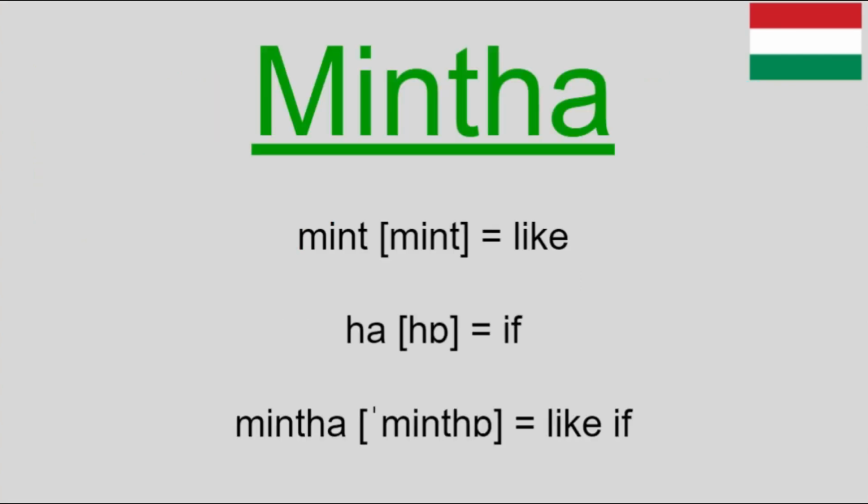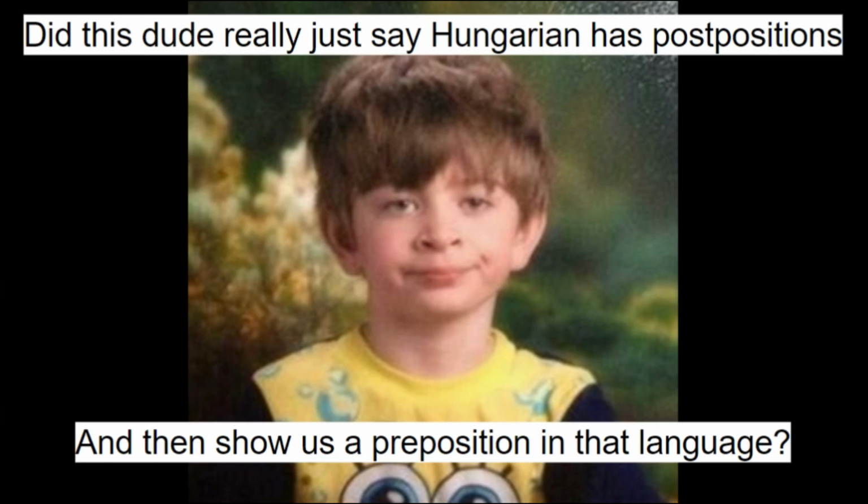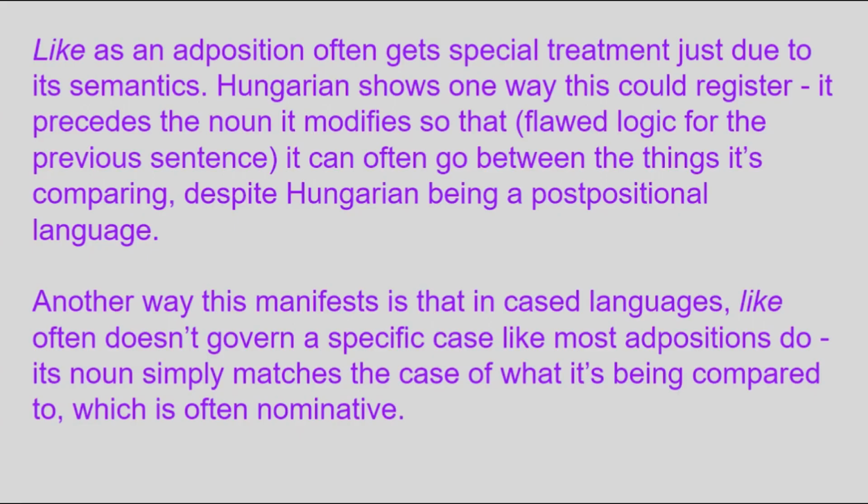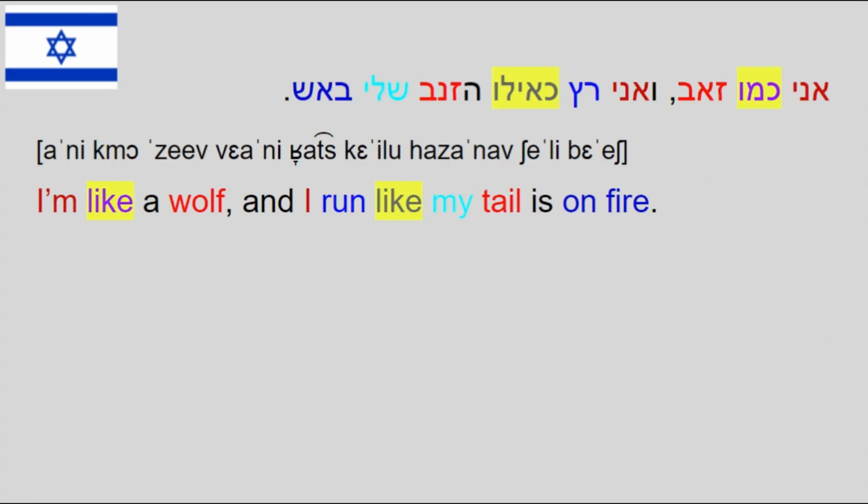In this case, minta for the verb phrase is just mint with the word if, ha, added after it, so it reads as like if. By the way, notice how I just said that Hungarian has postpositions then showed a preposition? This is another thing worth knowing. Like often breaks rules since it's more of a comparative than an adposition. On the contrary, other languages have the two words looking nothing alike, such as Hebrew, where the above sentence would be: